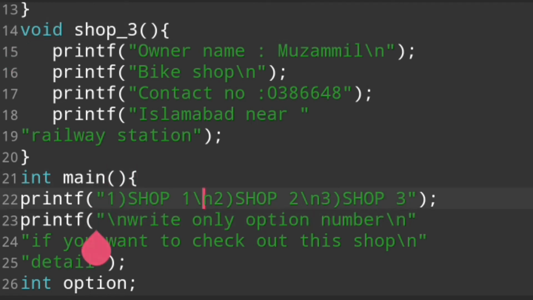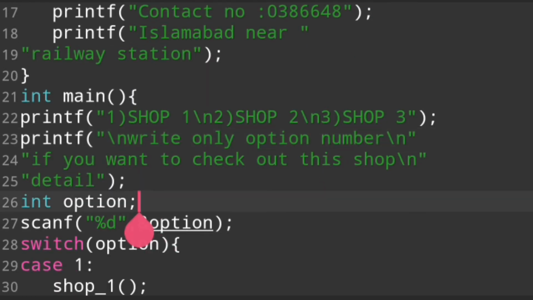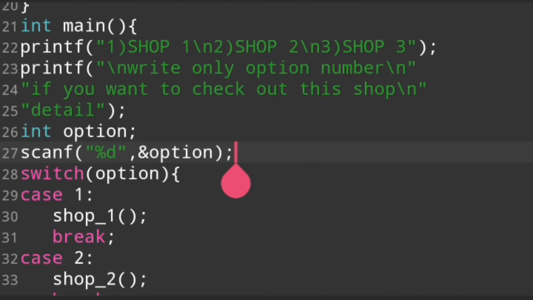we say printf, the compiler executes this program and says integer main, integer option. We use the case function, and then we say if our user wants to check the detail of shop number 1, so if our user writes 1, give us the detail of shop number 1, and with the help of shop number 1, this is a function call.